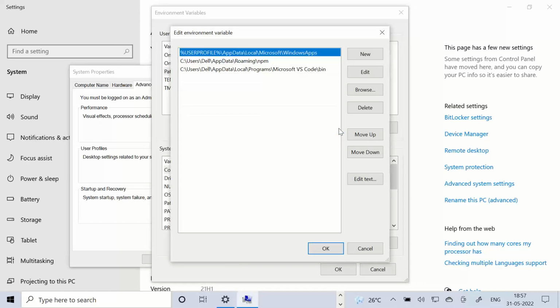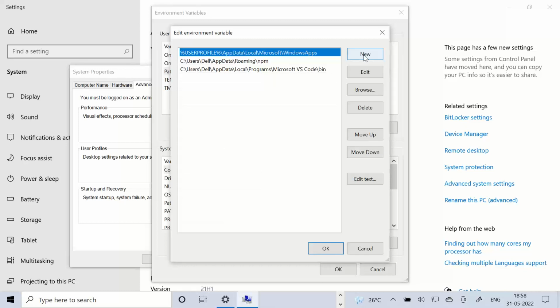You'll get a window similar to this. Whoever is getting a different window, just wait. Guys, everybody. If you see this type of window, then you can find New. If you click on New, there is another type of window like variable name, variable value. So just wait for that. I'll explain that also later.